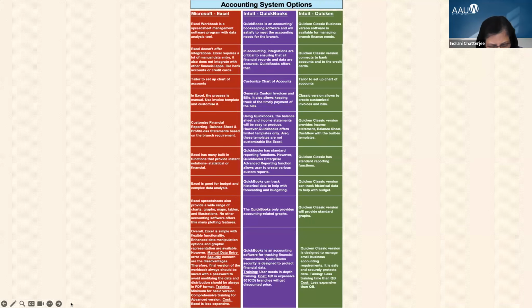I like Excel very much for budgeting and complex data analysis, which is not possible in QuickBooks and Quicken. They have standardized reporting that will help with budgeting because of the storing of historical data.